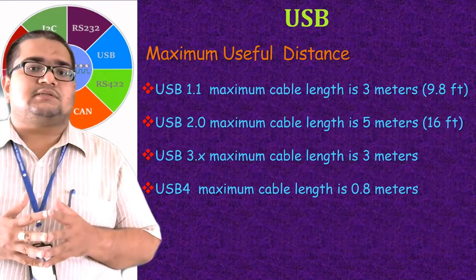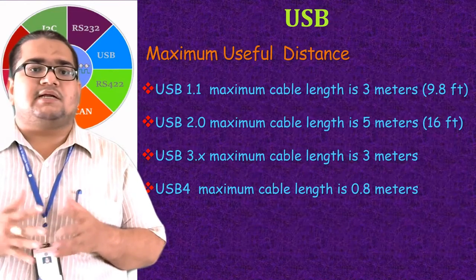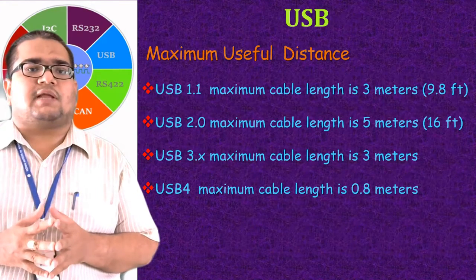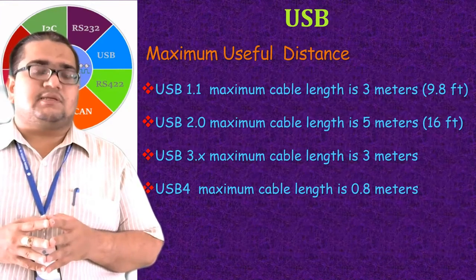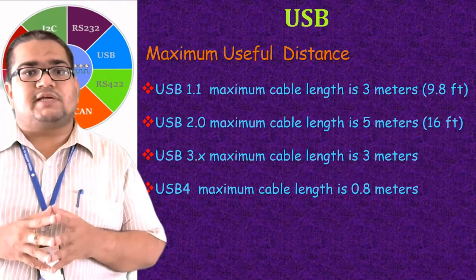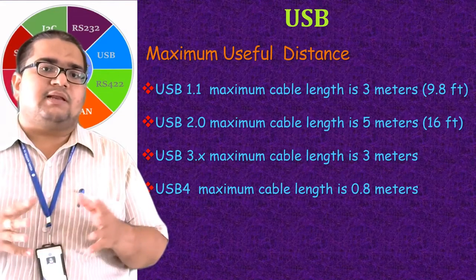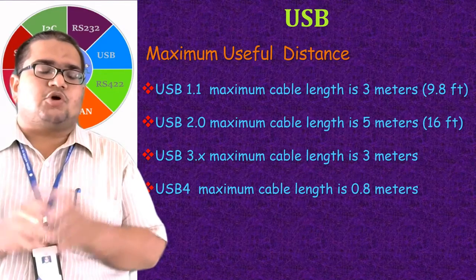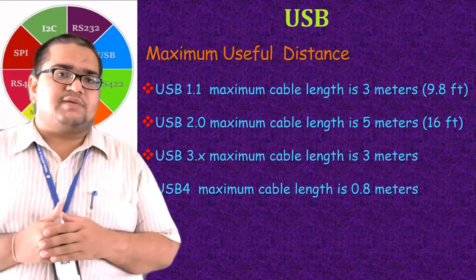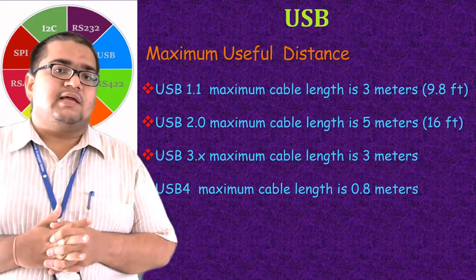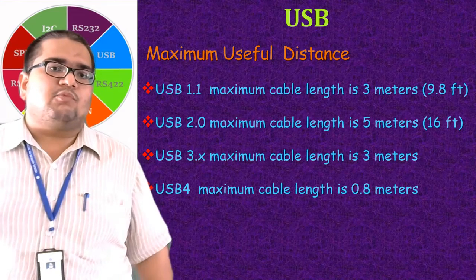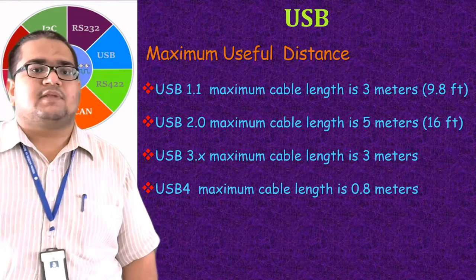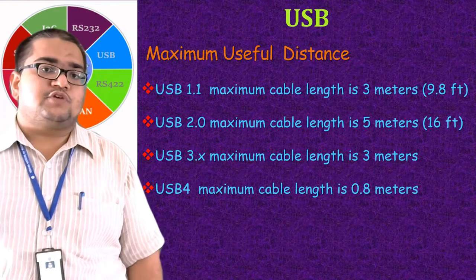For USB 3.x, the distance is again reduced to 3 meters, and now for SuperSpeed Plus and onwards, USB 4 type of USB technology or serial communications, the cable length limit is 0.8 meters, so less than a meter. Because of that short length only, faster transfer rates can be achieved and more power delivery can be achieved. Mainly it is for providing more power delivery to make that 100 watt charging, as we have seen in one of the features of USB 4.